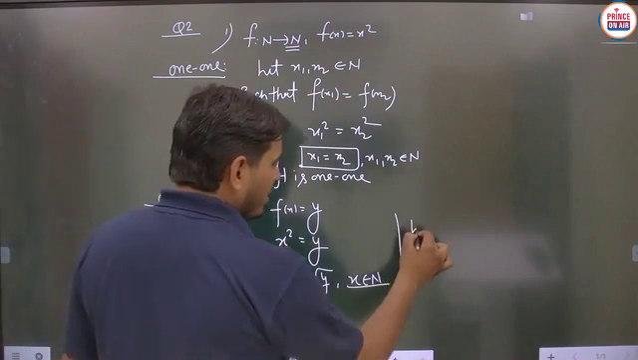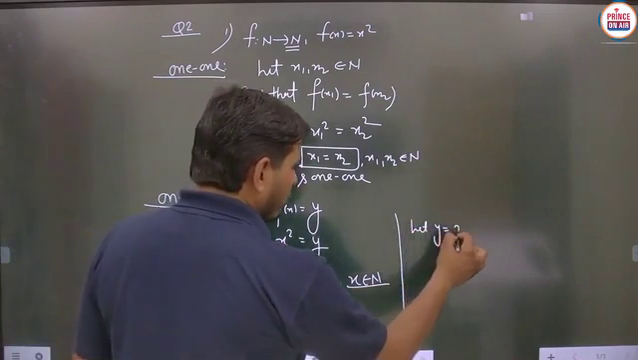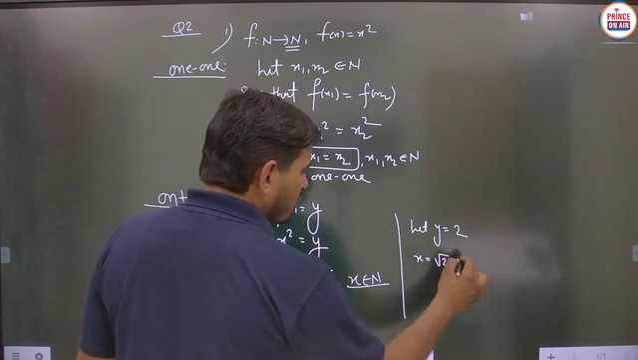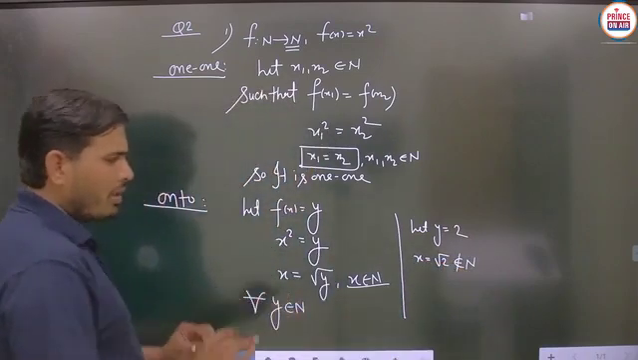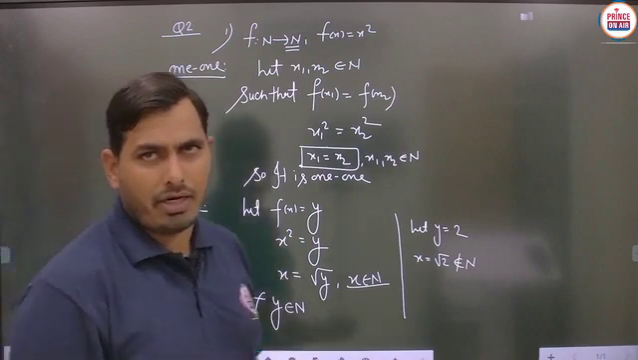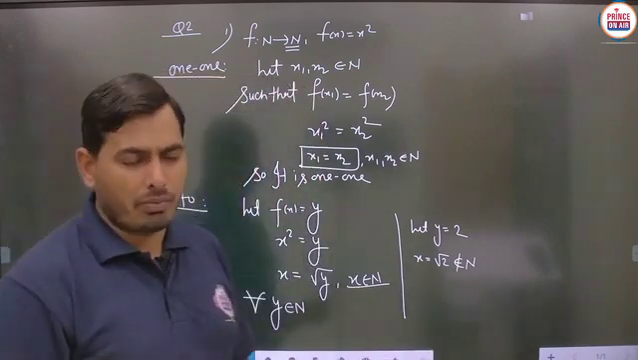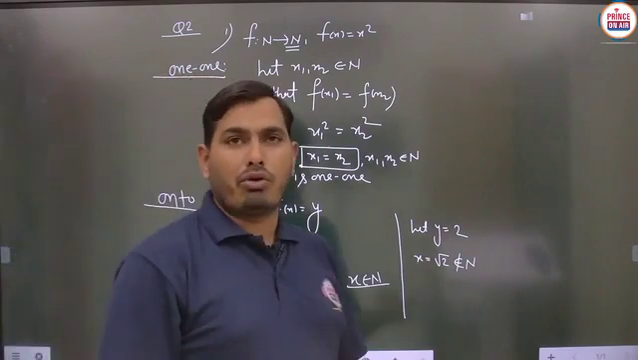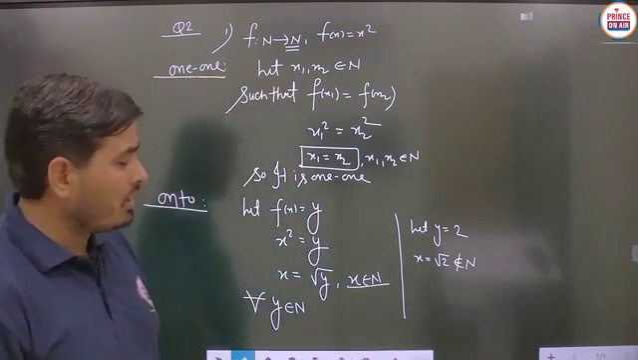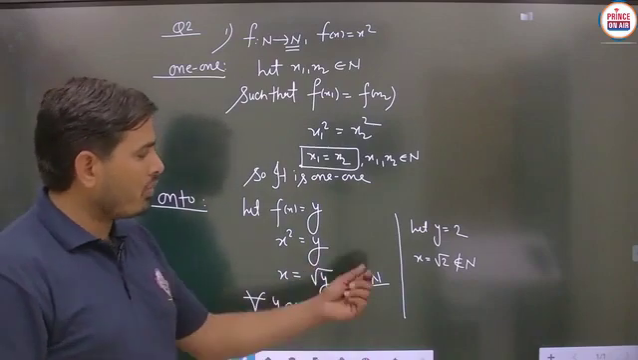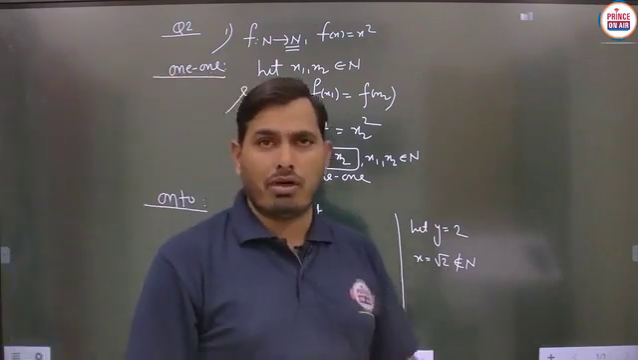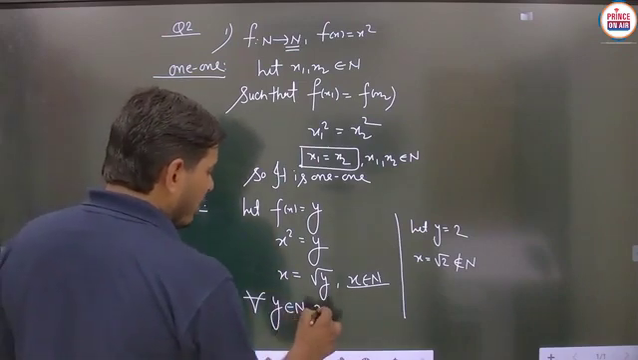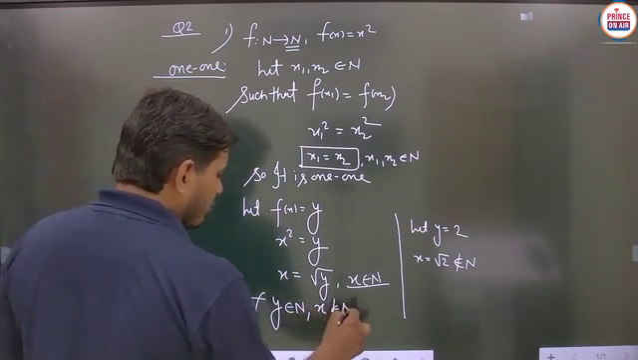Suppose we take y equals 2, then x will be root 2, and root 2 does not belong to the natural numbers. There are so many examples you can take here. Is it to be clear? This particular y is taken as 2. You can take 3 also, 5 also, 7 also, because no non-perfect-square number has a natural number as its square root. So you can say that for all y belonging to the natural numbers, x does not belong to the natural numbers,